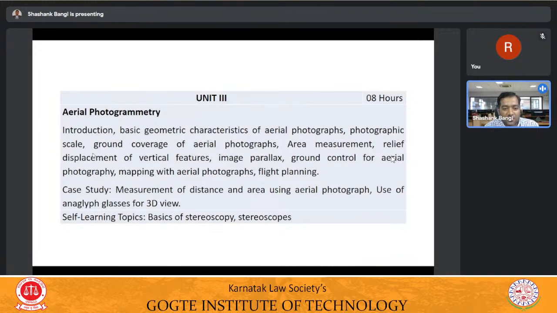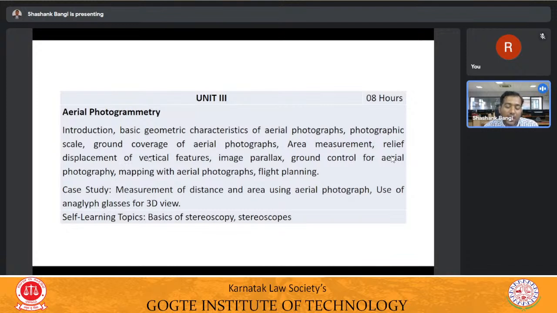So here also there are different platforms. We can keep the sensors on different platforms and we can get the information about that particular object. So ultimately we can convert the photos into maps. This concept is very familiar with aerial photogrammetry as well as drone photogrammetry. Here you are going to learn the actual concept involved while taking the photos through the drones, and also you are going to learn flight planning.